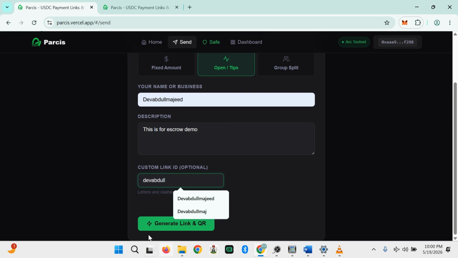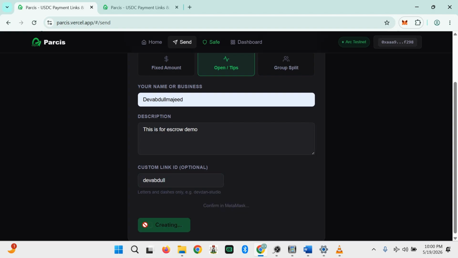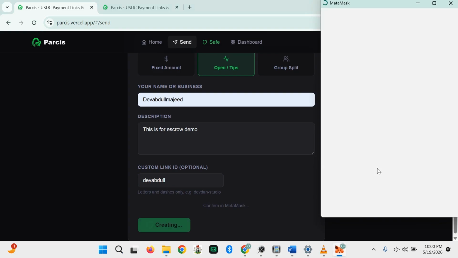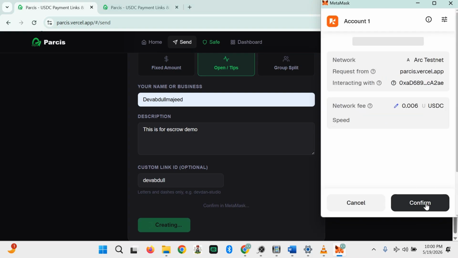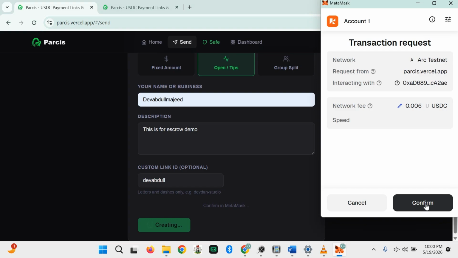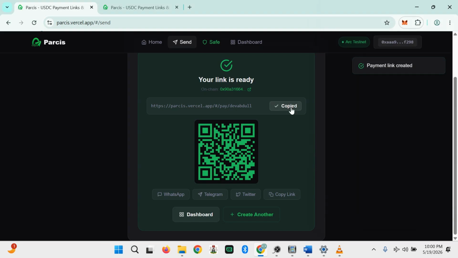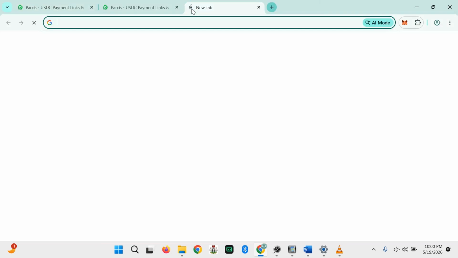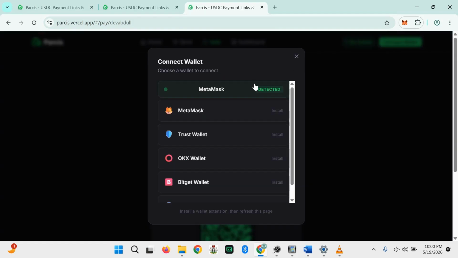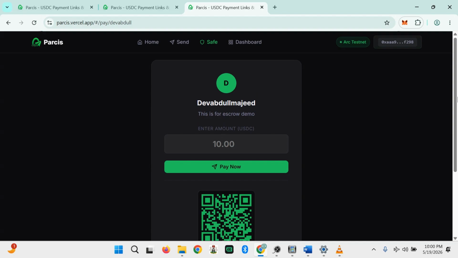Generate link. So I can even use the fixed amount, but let me create this for the open tips first because it's easier to see it with the open tips on my wallet. So this is how the open tips looks.